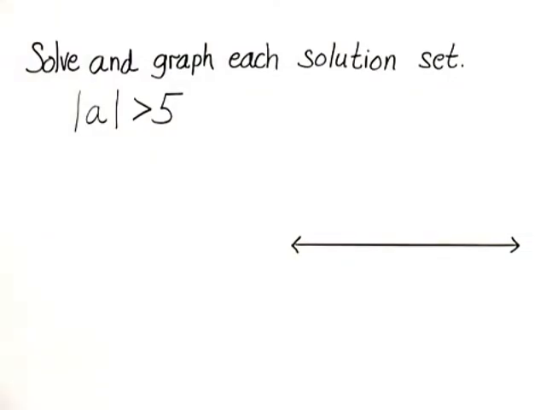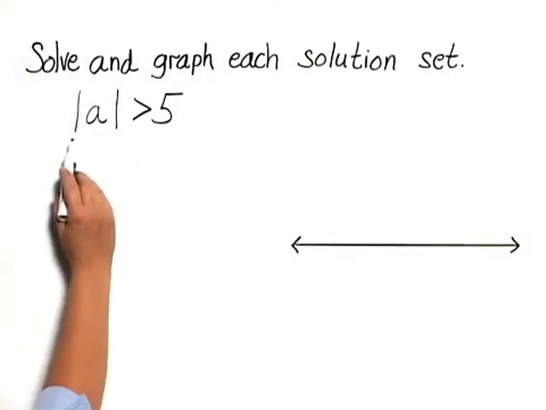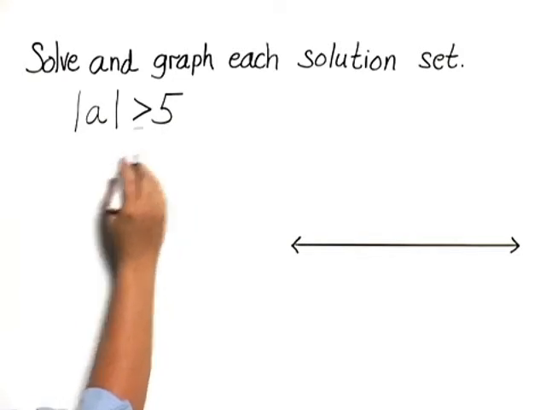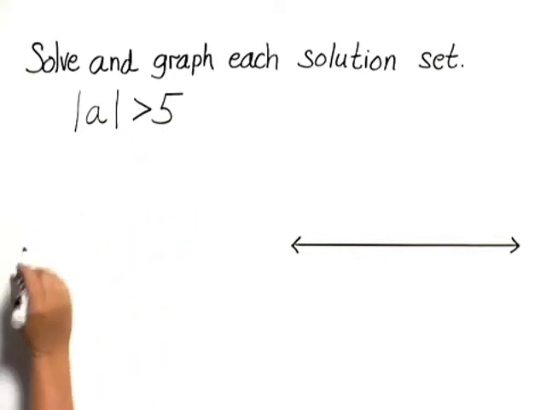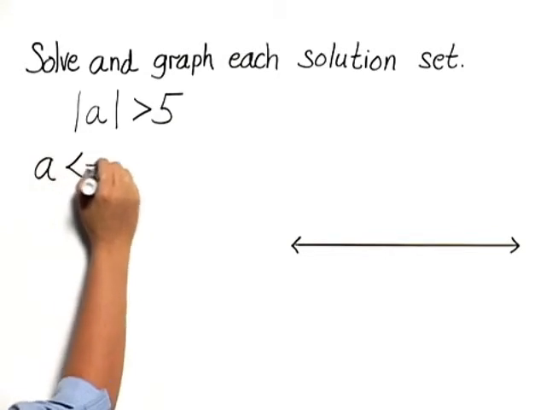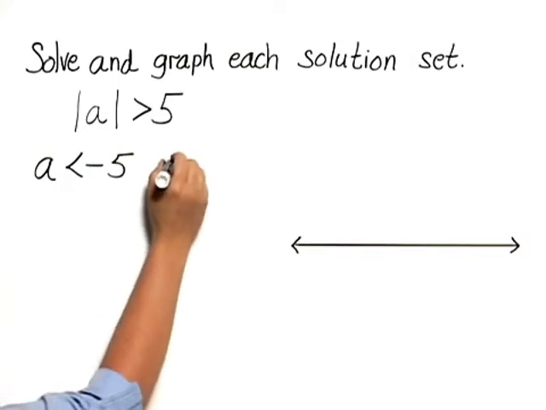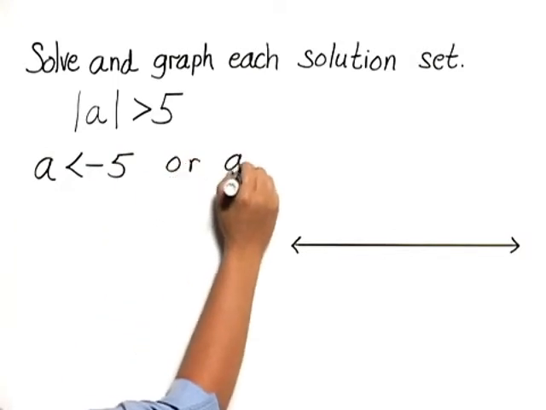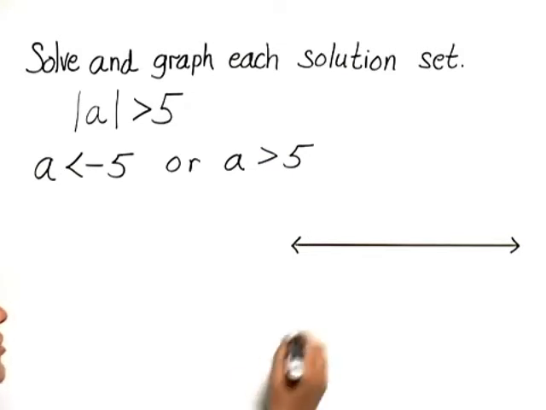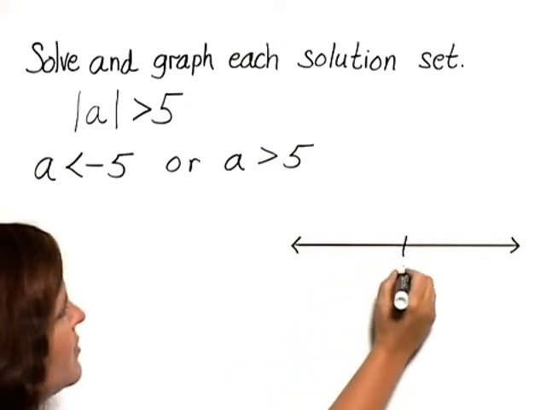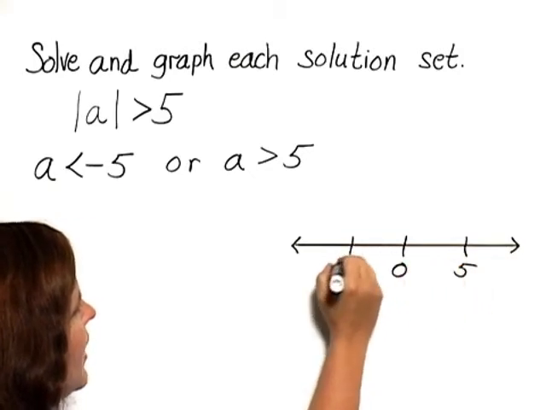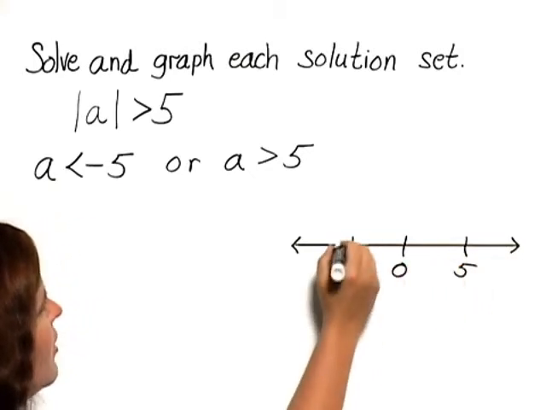Solve and graph each solution set. We have the absolute value of a is greater than 5. If the absolute value of a is greater than 5, then a must be less than negative 5, or a must be greater than 5. To graph that, we would mark on the number line a 5 and a negative 5, and graph the interval